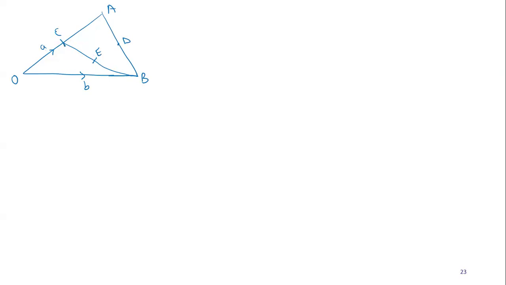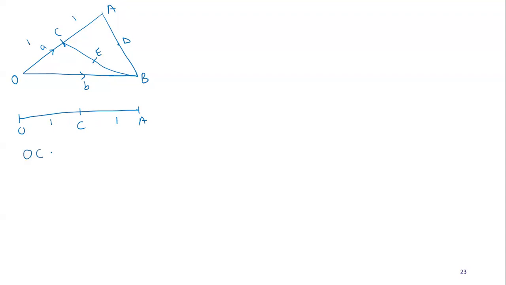So they told us that C is the midpoint, meaning this one is 1 part, this is 1 part. But for us to be able to find B to C, we need O to C. For us to find OC, we need to know. Now, when you look at our line, this is O, this is C, and this is A. They have told us that this C is the midpoint. This is 1 part, and this is 1 part.